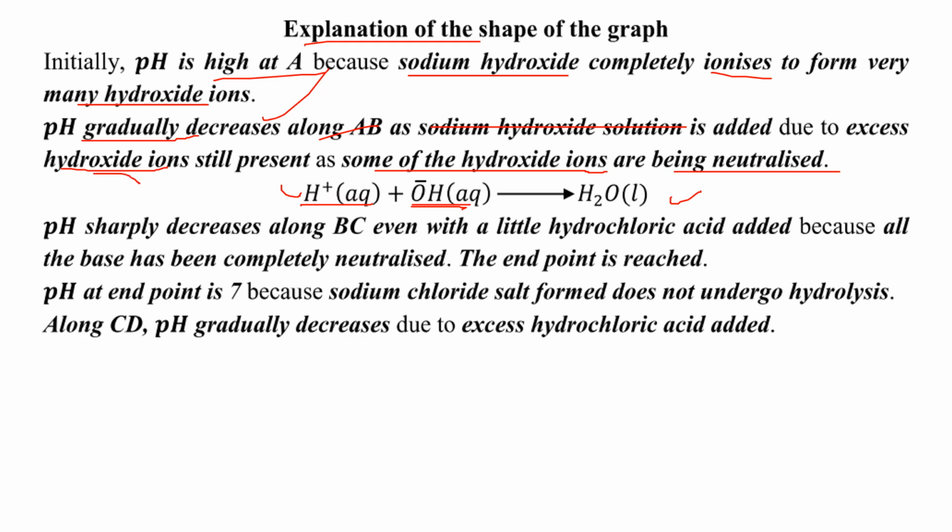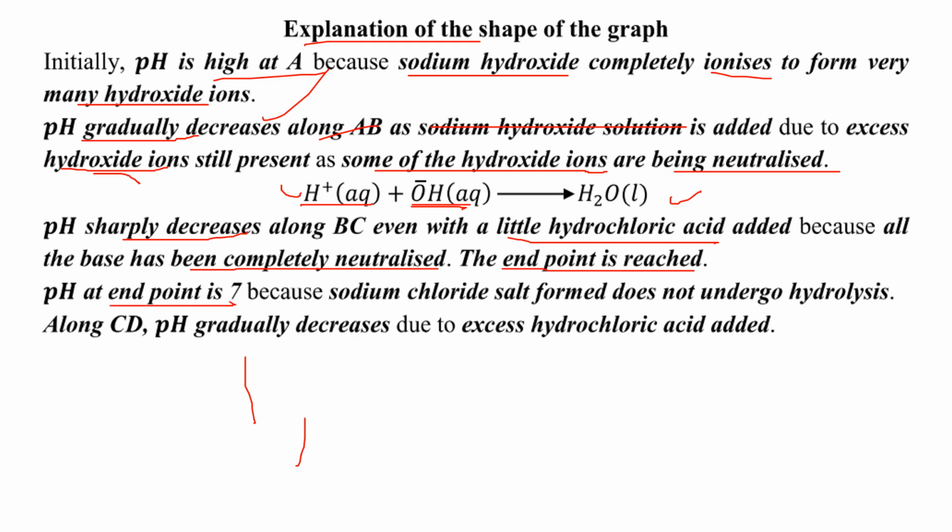Now if you look at pH between B and C, it is going to sharply decrease, and the reason for that is because that's the point. The sharp decrease is always going to be the point of complete neutralization, and at the point of complete neutralization the end point is reached. After saying that, you have to state the pH, and you give a reason for it. So we are saying that here the pH at the end point is going to be 7,